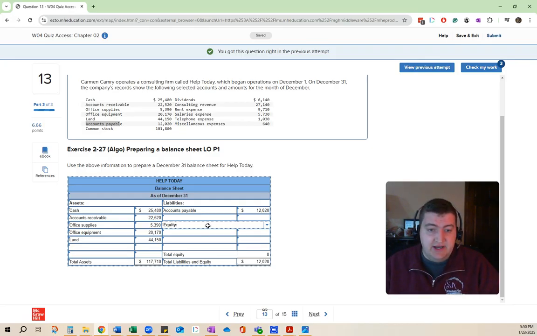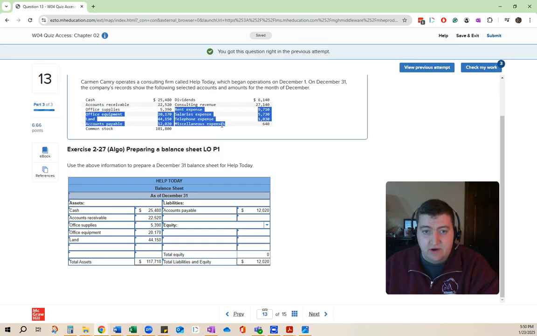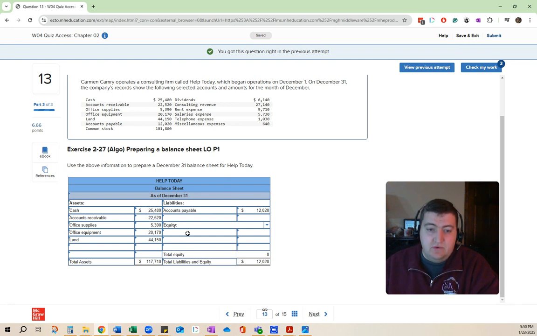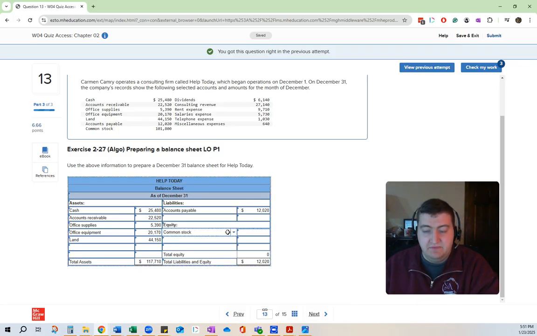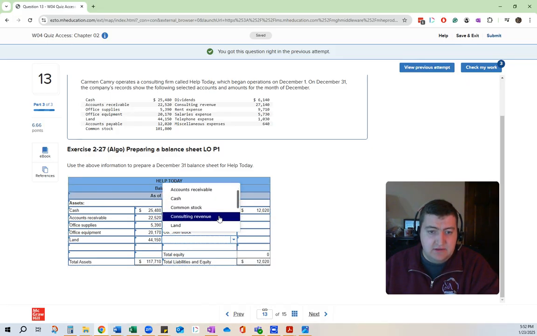And then we're going to start and enter equities. Now, we'll notice that equity basically can be divided up into four pieces here: common stock, dividends, consulting or revenues, and expenses. We already calculated all of the revenues and expenses on the previous form. So what we need to do is enter in common stock, and because we already calculated dividends with the previous sheets, all we need to do is pull over